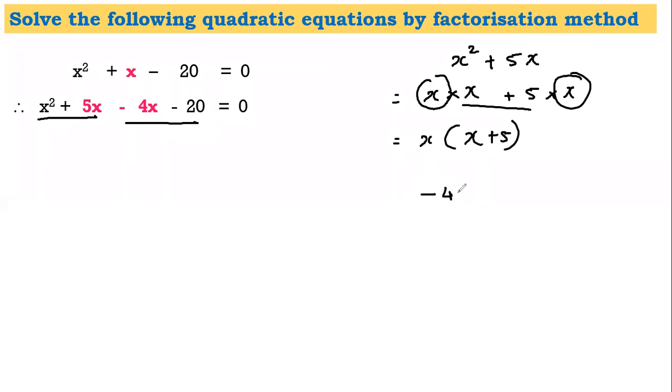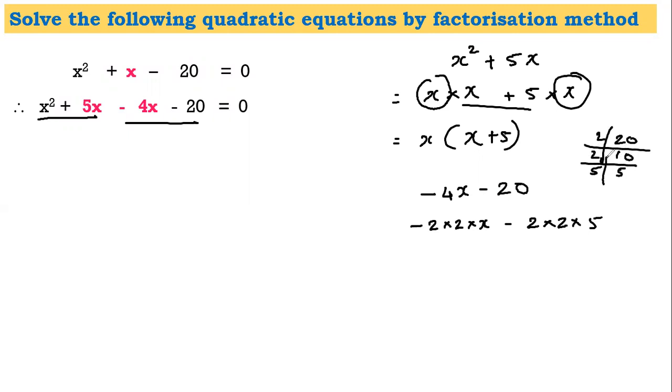Now the next terms, very important: minus 4x and minus 20. So minus 4 would be 2 into x. 20 would be 2 into 5. If you don't know how it is 20, you can just go 2 1s are 2, 2 5s are 10, so 2 into 5. Let us circle what is common: 2, one more 2, and there is nothing else common. Now students, there is a minus sign here, so we'll put the minus sign, and 2 2s are 4 is common.